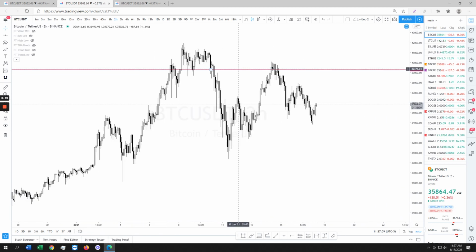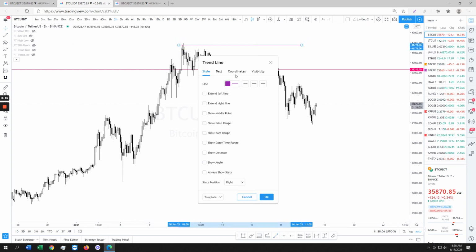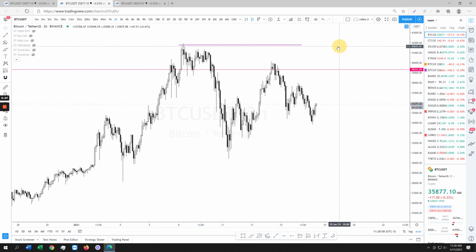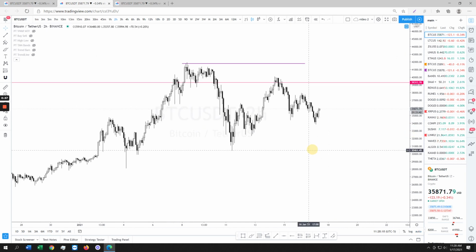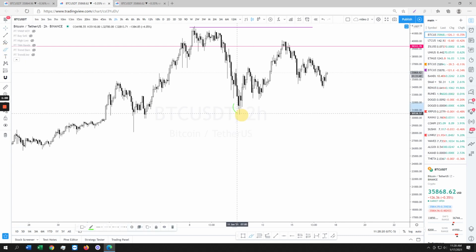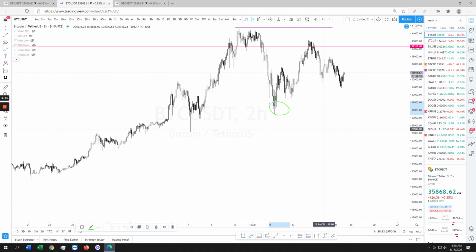So I'm sitting in swing shorts on 42,000. I don't plan on closing these shorts until I see a break above this. I took over 60% off, but I'm keeping the remainder only because if this happens to be distribution and rolls over, we're not going to just stop over here. We're going to probably go a lot deeper, which is going to be a series of lower highs until we get somewhere down here, right?